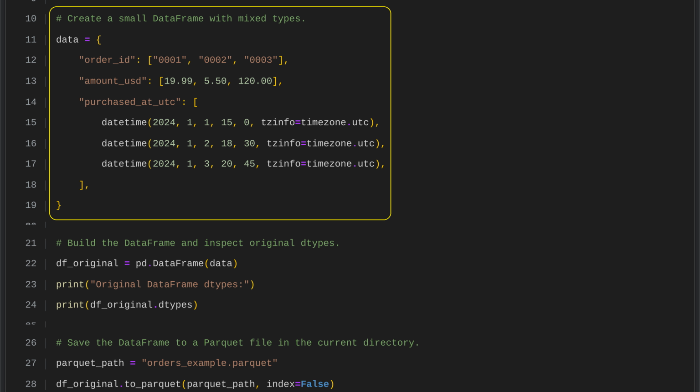We begin by building a dictionary called data that will serve as the basis for our data set. It has 3 entries that will become columns in a Pandas data frame. One for order identifiers, stored as strings, one for order amounts, stored as floating point numbers in US dollars, and one for purchase times, stored as datetime objects,